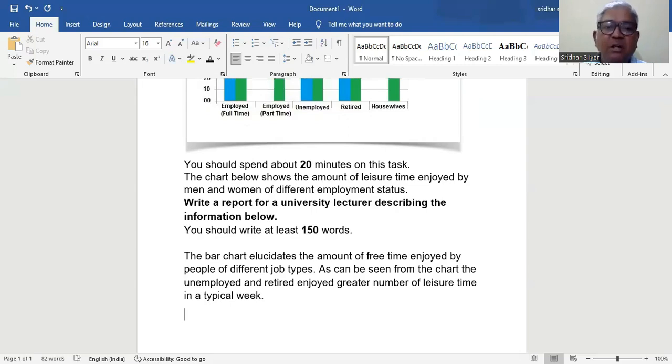If you're starting the bar chart with overall, then you have to conclude it by saying finally. Because in an essay, you can conclude by saying in conclusion, to summarize or to conclude. Whereas here, you should not say that. Either you start by saying to begin with and then say overall to conclude, or overall to start with and to conclude, you have to say finally. All right. To begin with,